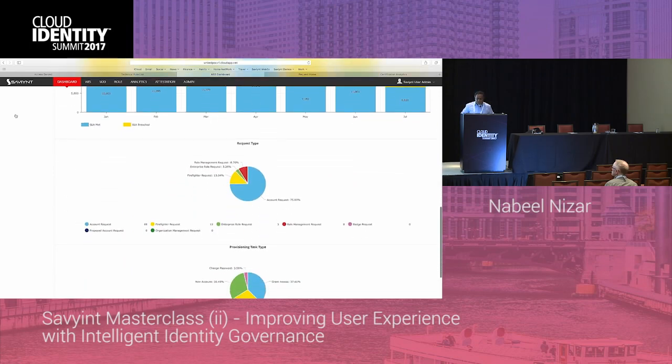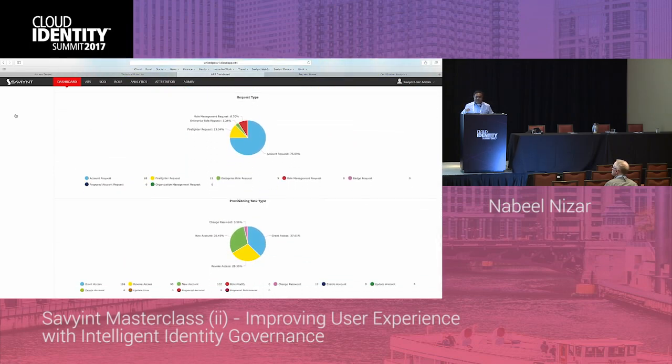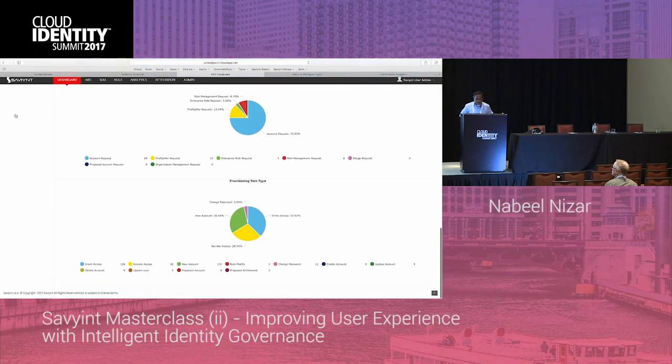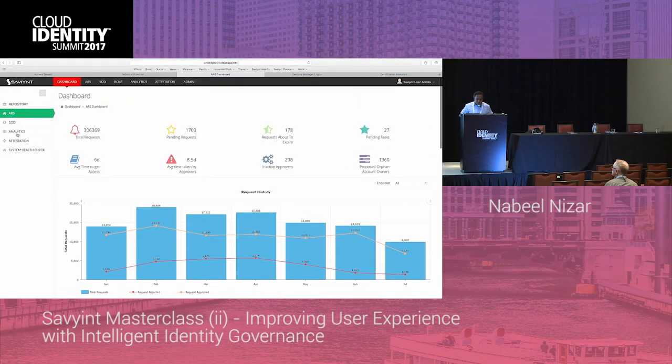So whether it's the type of requests that are coming in, how many of those are firefighter requests, how many of those are exception-based requests, where do I need to go modify my process to help me get better at this whole governance as well. Very similar, you can start looking at